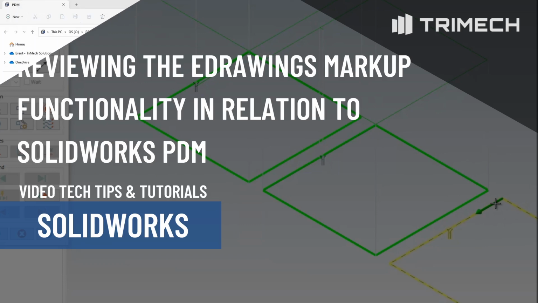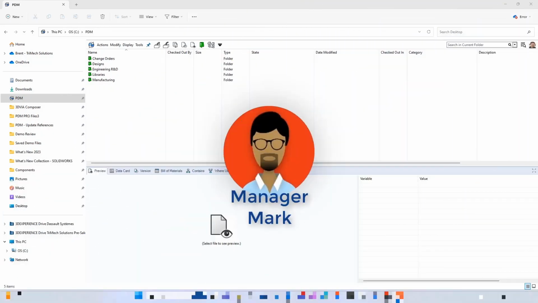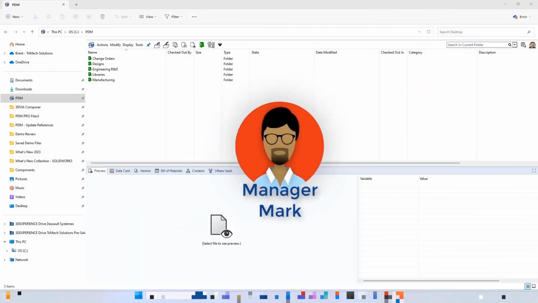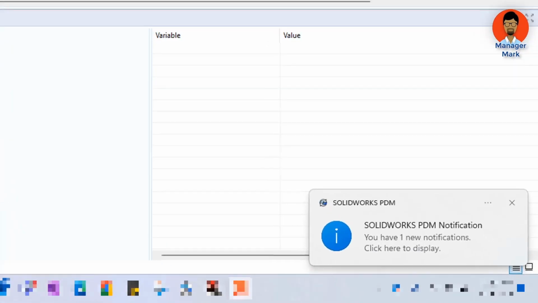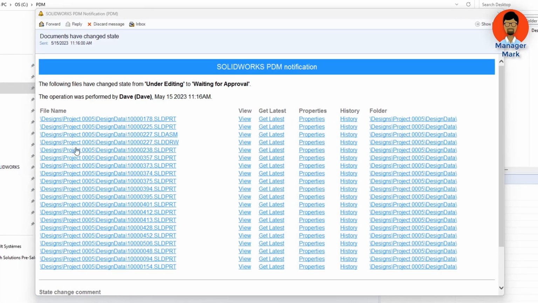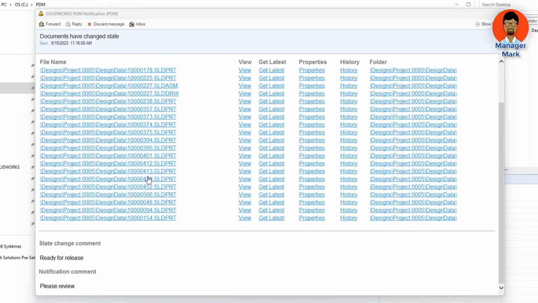In this video, we're going to review the eDrawings markup functionality as it relates to SOLIDWORKS PDM. Logged in as Manager Mark, we receive a PDM notification that a document requires our attention. The notification informs us that designer Dave has transitioned files to waiting for approval and that those files are ready